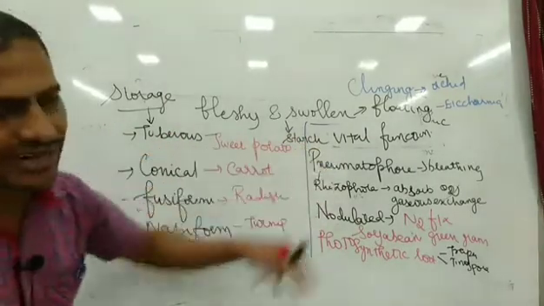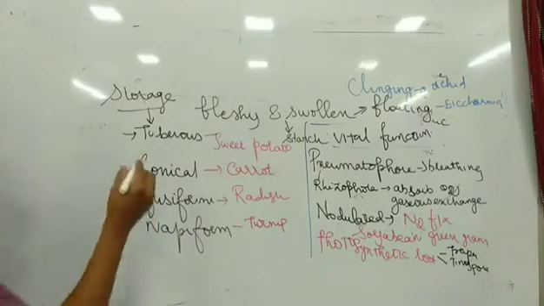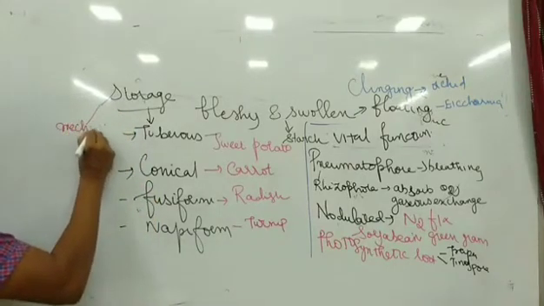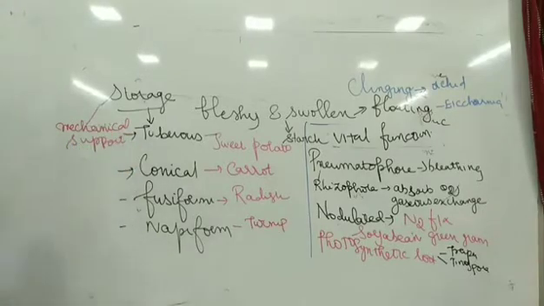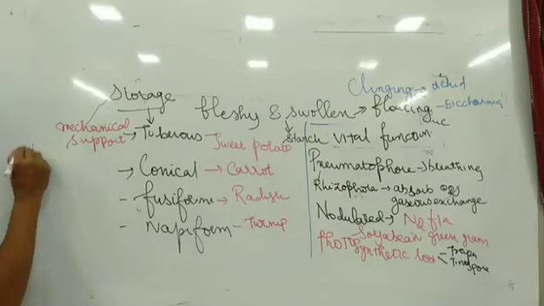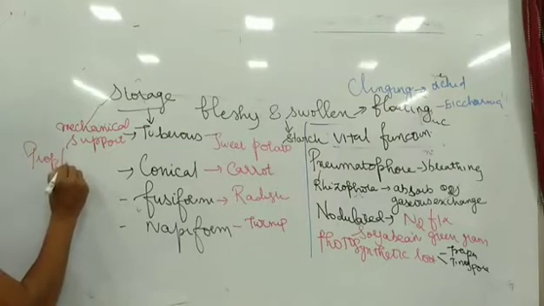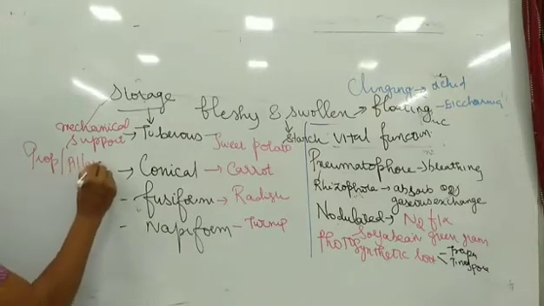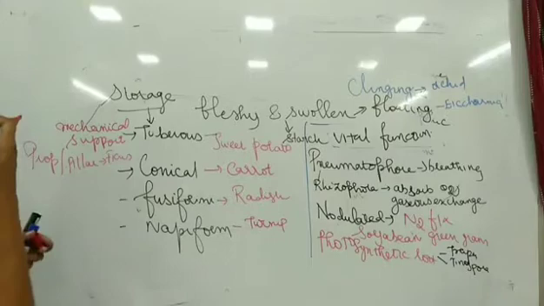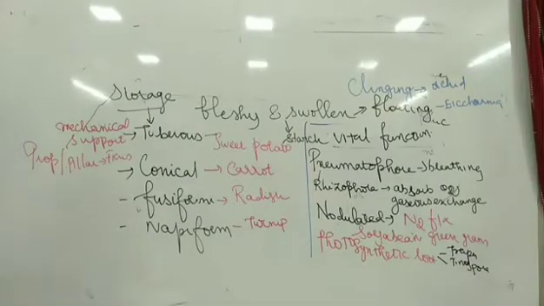First I said it is based on uses: storage, then vital function. Now the root also helps with mechanical support. Sorry, previously I said it wrong. This is mechanical support. What does it do? This root mainly helps as a prop root, or pillar root. This kind of root is present in Ficus bengalensis, the banyan tree. The main root is present, and daughter roots are also present. This is called a prop root.